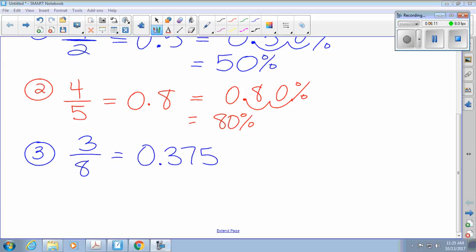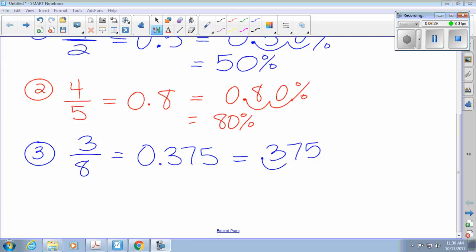Did everybody get that? Yes. All right, good. Now, what do I need to do next? Yes, ma'am? Move the decimal 2 spaces to the right. Very good. 2 spaces to the right. We're converting a decimal to a percent. So we're going to do